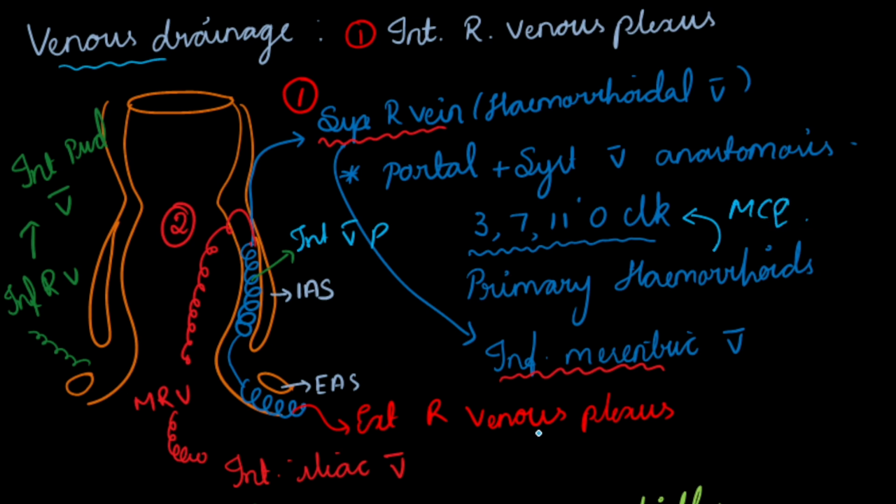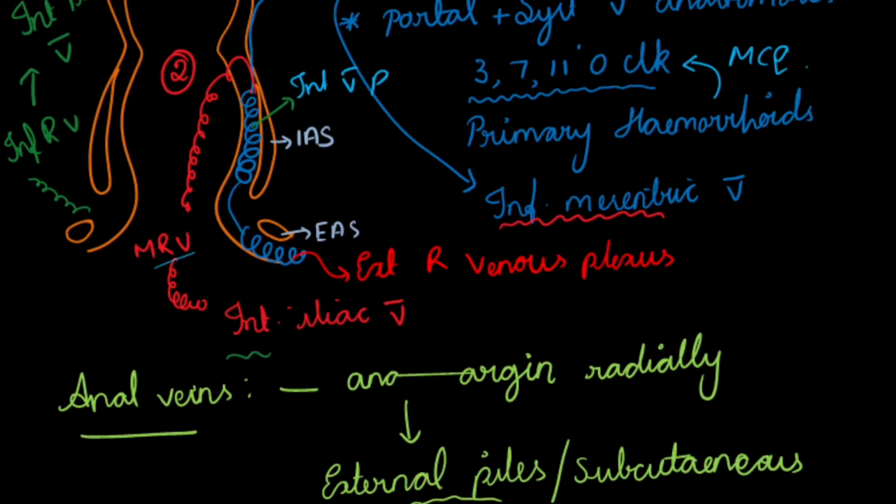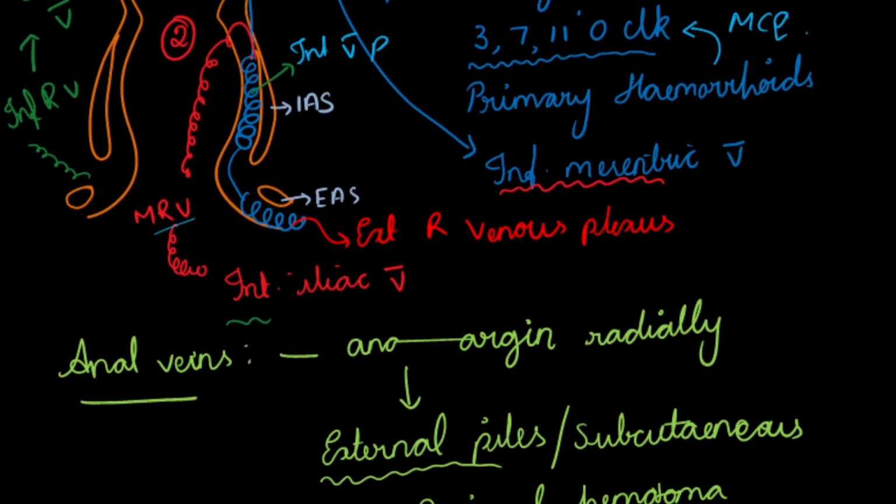And now regarding the external venous plexus, it is situated between the external anal sphincter and the musculature of the anal canal, and it drains into the middle rectal vein and inferior rectal vein. And at last, regarding the anal veins, which are arranged radially in the anal margin, whenever there is excessive straining during defecation, these veins may rupture and form the subcutaneous perianal hematoma, which we see clinically as